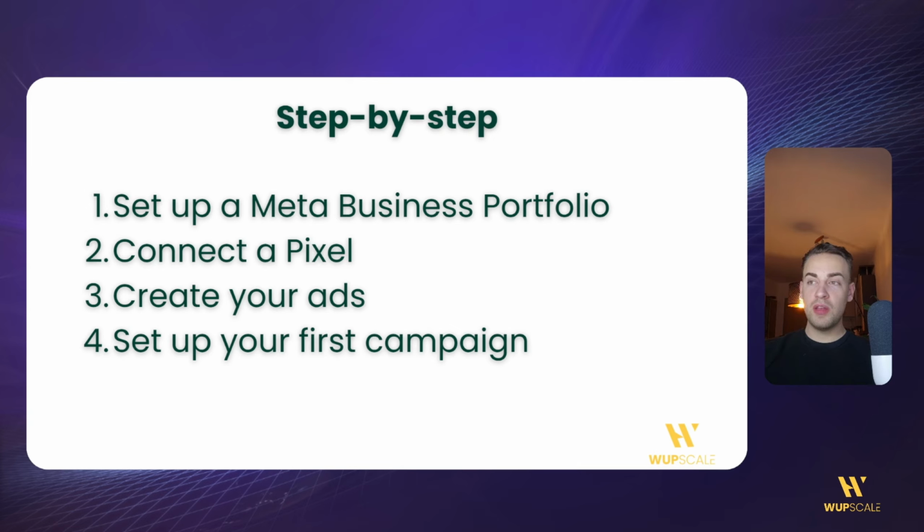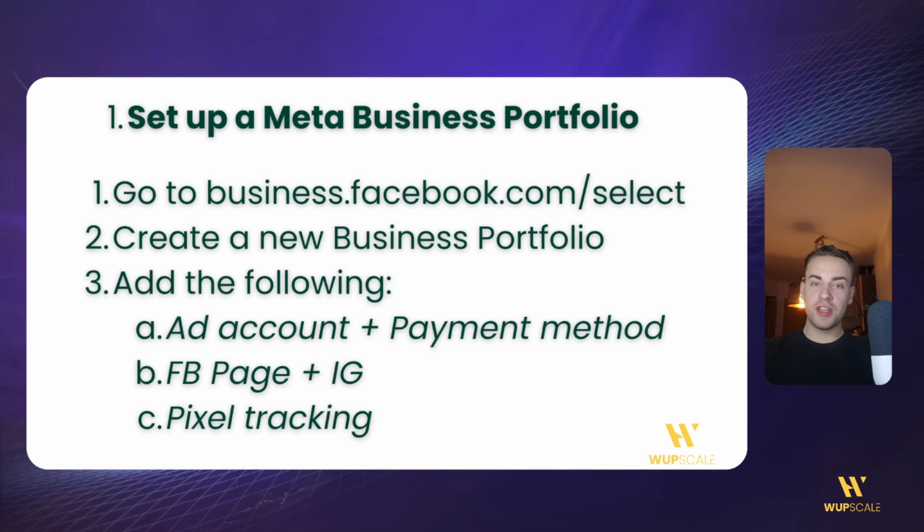So the first step, if you don't know if you even have an existing Meta Business portfolio, is you'll have to set up one or use the one that you have existing. Then you need to connect your pixel, because in 2026 with Meta Ads, with the Andromeda updates, correct data is going to be the most important. So that's why you need to connect a pixel. Then you need to create the ads. The ads have multiple main parts that we are going to discuss: ad copies, creatives, and then you need to create your first campaign.